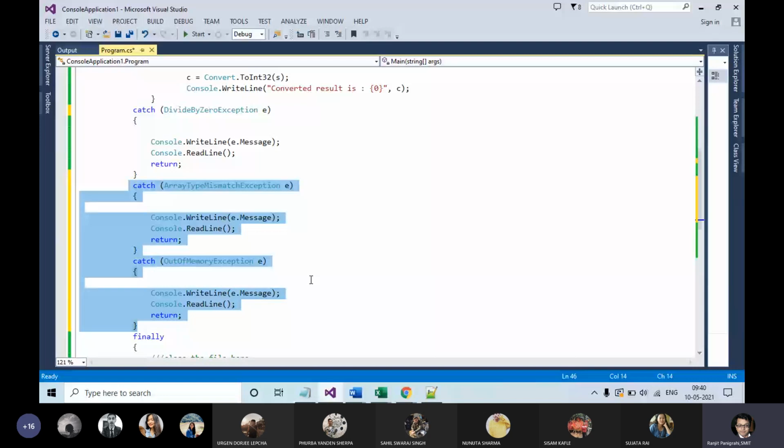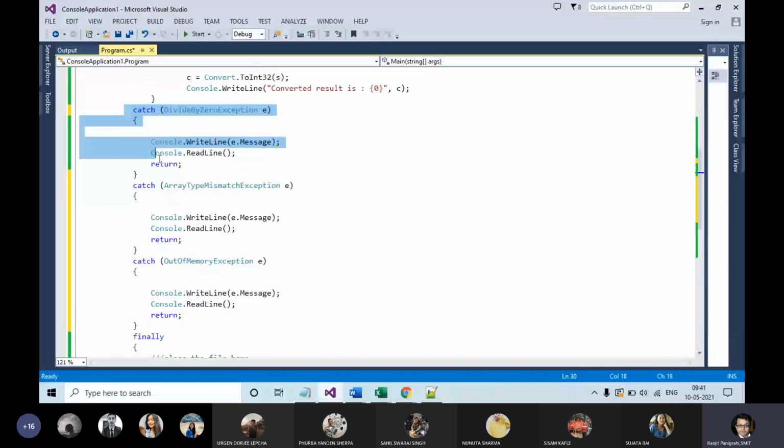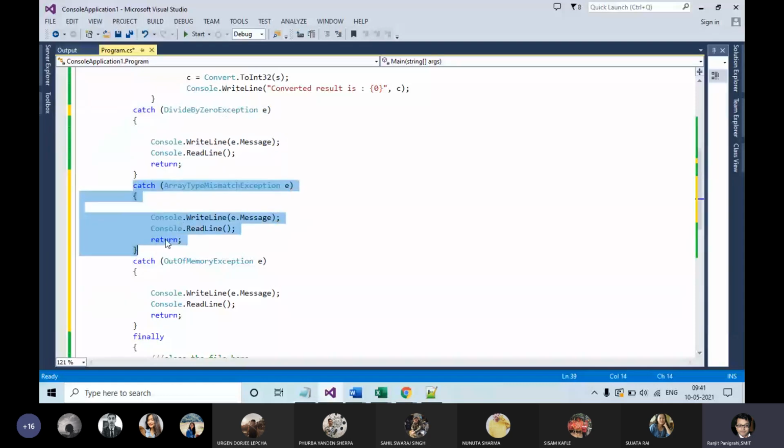Suppose your array has an index out of bound exception, you display a message. If your error is related to memory, you still get the same message. So in that case, you will not be able to identify what kind of error has happened within the try block. Therefore, it is always a good idea to have a cascade of exceptions to handle specific types of exceptions, so that you can understand that this error happened because of this message, or this category of error happened because of this message. Are you getting my point or not?